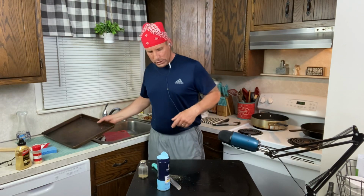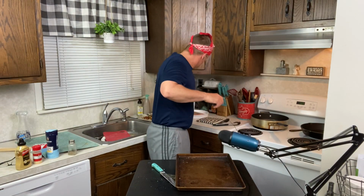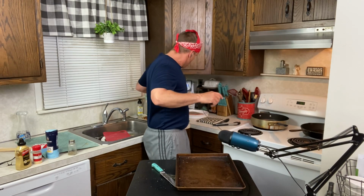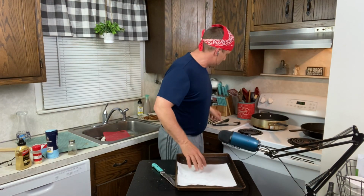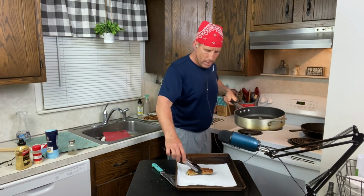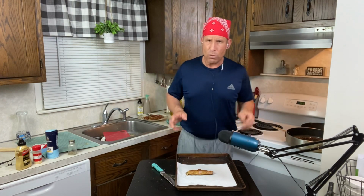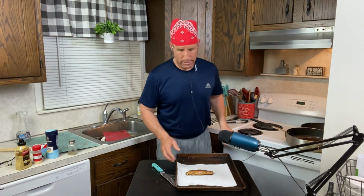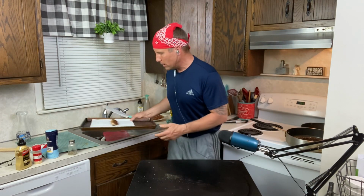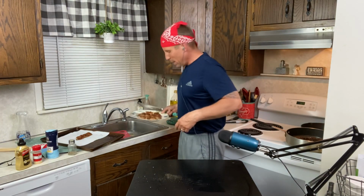So what you want to do once the asparagus is done, okay, we will get some paper towels. Take this out and put it on the paper towel there. Okay. And obviously let that sit. Now don't let this sit too long, because if you do, it's going to end up sticking to the paper towel. So once that cools off a little bit, because it's piping hot right now, piping hot, and I did a bunch of them, we will